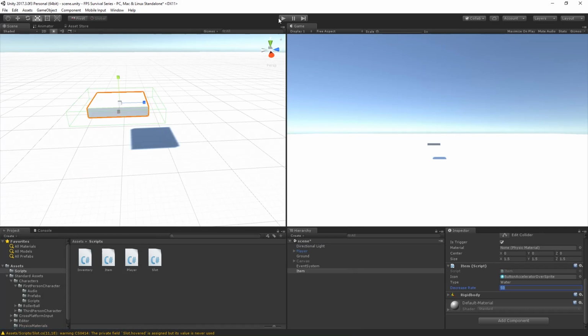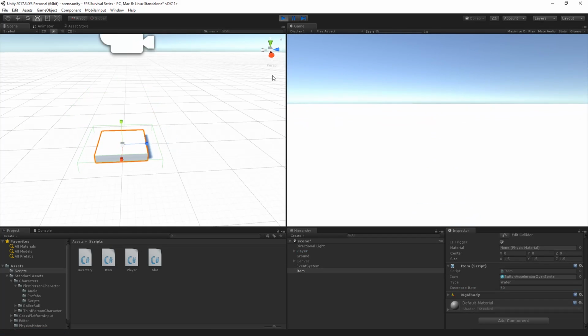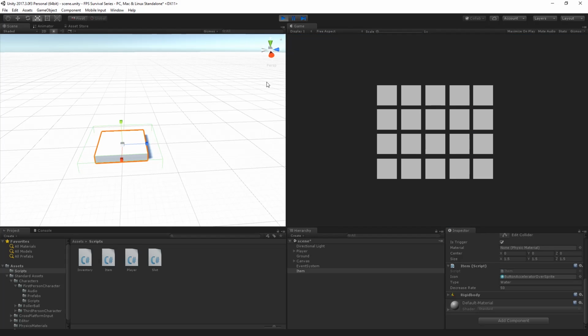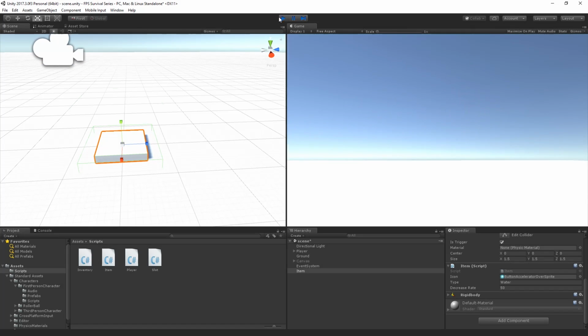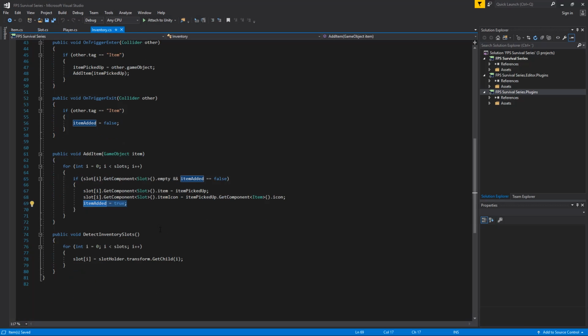Alright, so if we play the game, I just want to see what actually happens, just theoretically. Oh, okay, it doesn't get destroyed or anything, right? Yeah, it just gets added every time we walk on it. So what we're gonna do then,